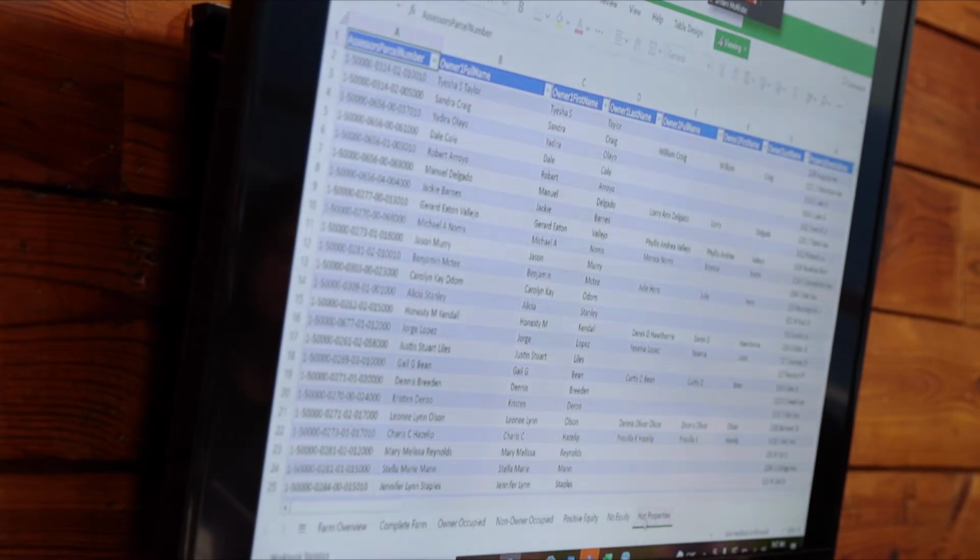What was it, 90 of them that was showing to be hot properties? That's going to be the hot properties. It's going to give you the name. It's going to give you the property address. If you scroll over, everything that was in that property profile page is pretty much going to be in this spreadsheet,